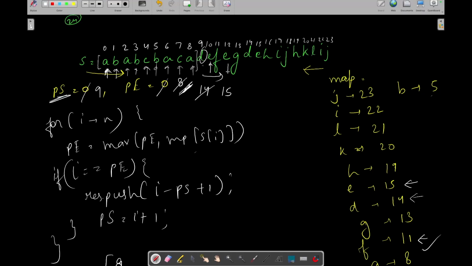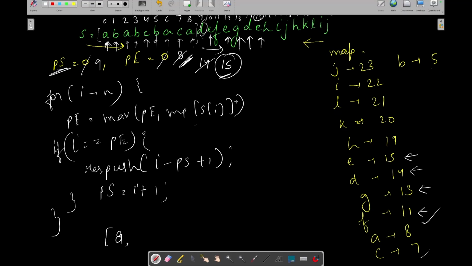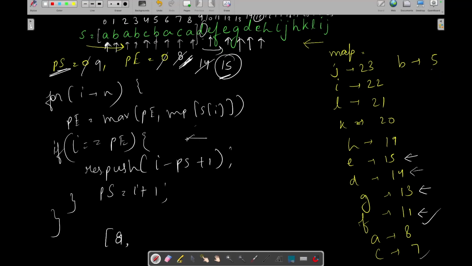Now let's move on to E again, we have already checked. Let's move on to G, its last index is 13, already the maximum value. Now let's check for D, already checked. Okay, now let's check for E again, it's already 15. Oh wait, now our I value is 15, partition end is also 15. So we again need to go in this condition.